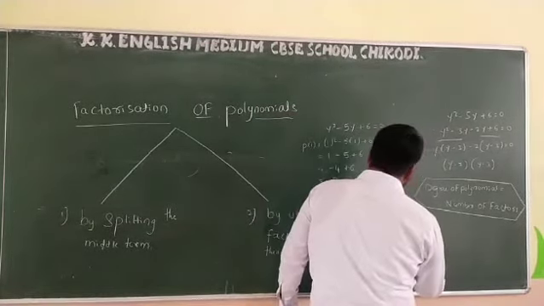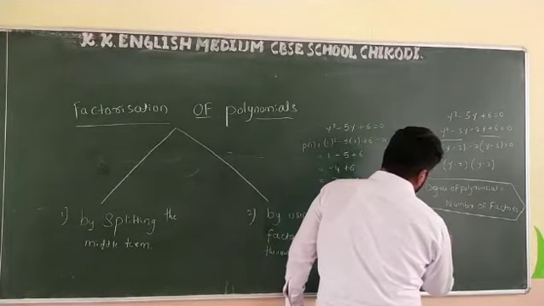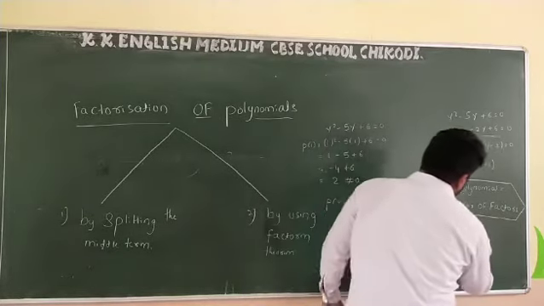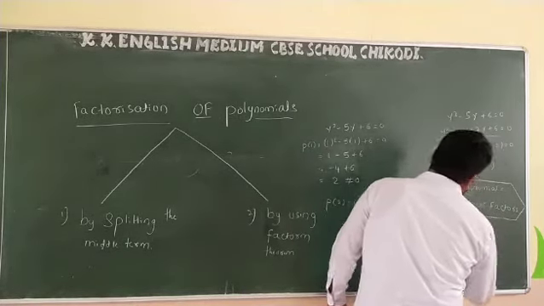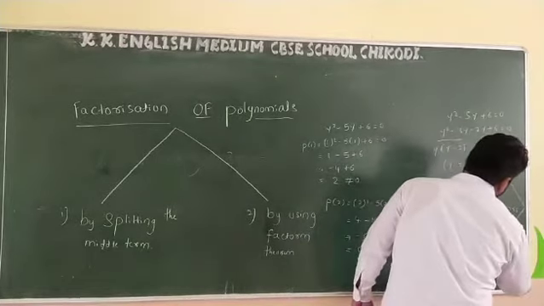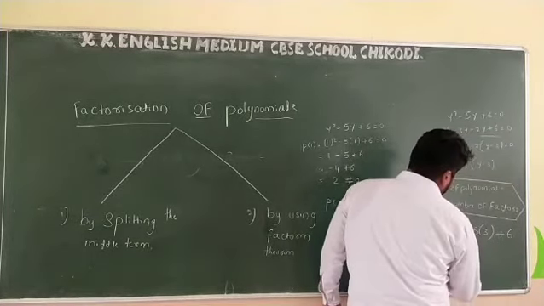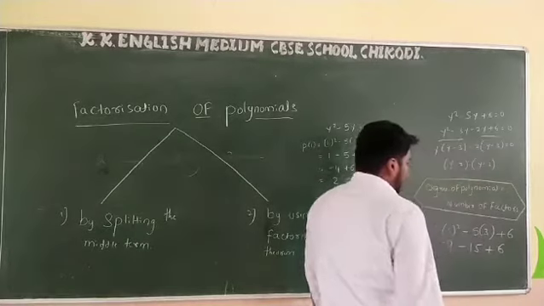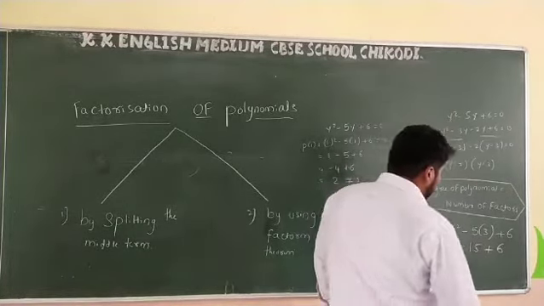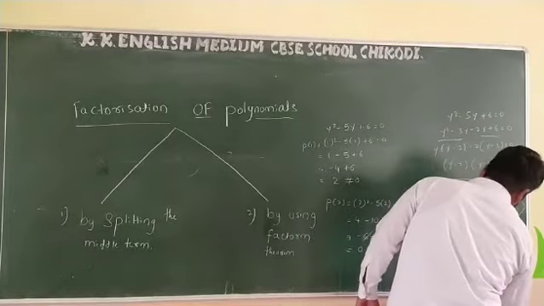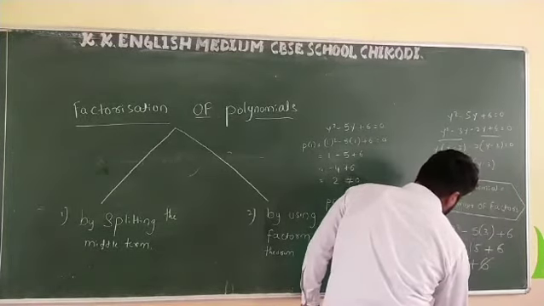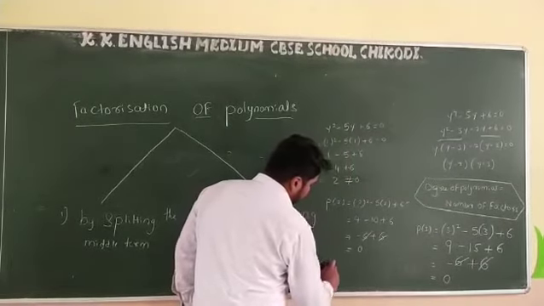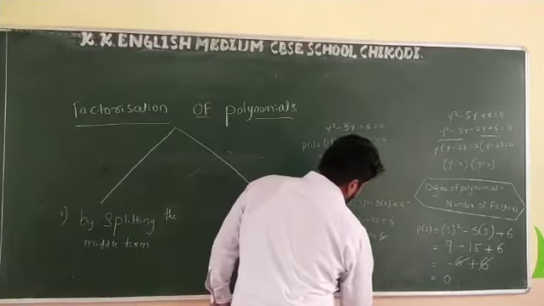Similarly, go with p of 3. P of 3 is equal to 3 square minus 5 of 3 plus 6. So 3 square is 9 minus 15 plus 6. See here, minus 15 and plus 9 is minus 6, plus 6, again cancel, which is equal to 0. So p of 2 and p of 3 are factors